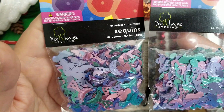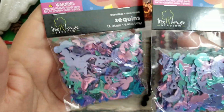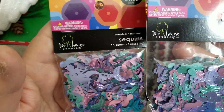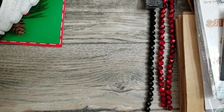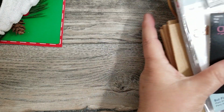I didn't care too much for the unicorn, the color combination, so I didn't pick them up. But I love the pastels in these, so definitely, if you're into mermaids and stuff like that, this is something you want to pick up. So that's all that I picked up at Hobby Lobby. Let me move this aside, and I will share with you what I picked up at